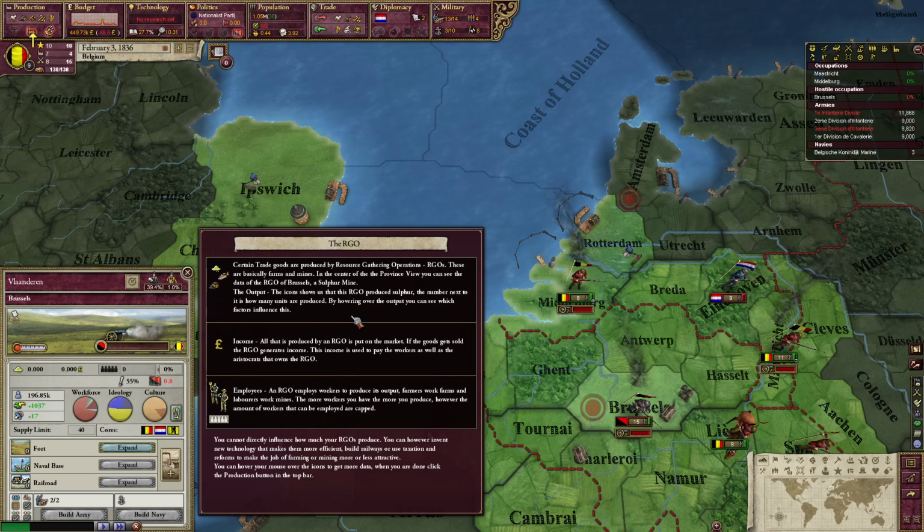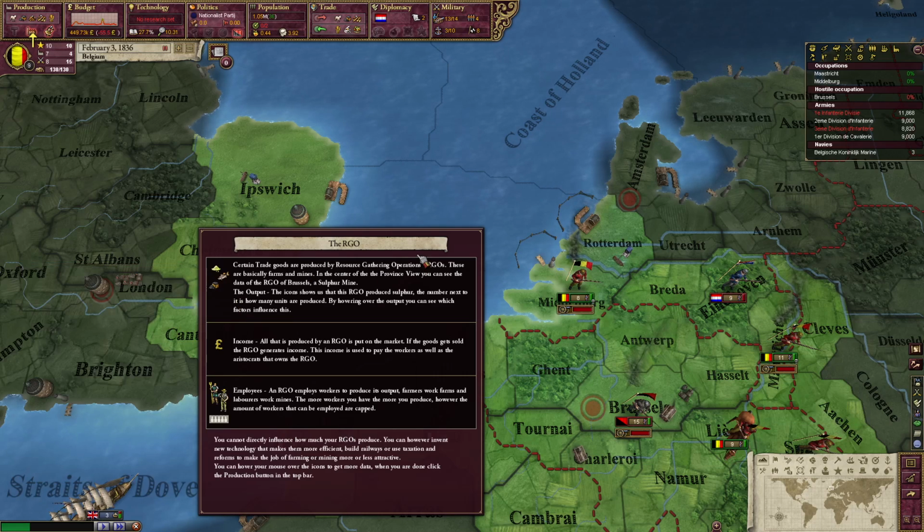Okay, the output shows us that it produces sulfur. The number next to it is how many, where the hell? Well, that is not what I wanted. Okay, what we have here,